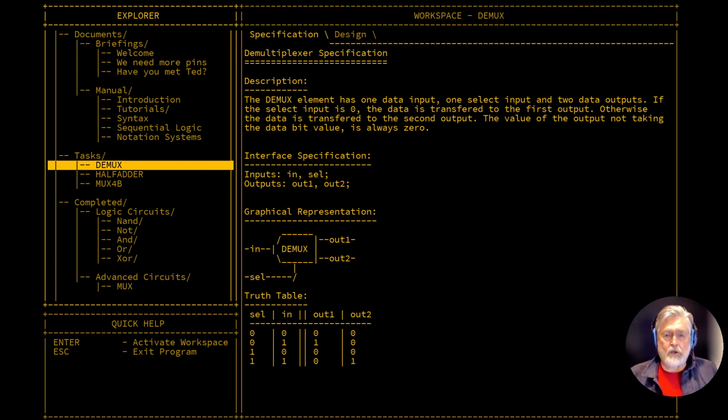So let's take a look at the description. The DEMUX element has one data input and one select input and two data outputs. If the select input is 0, then the data is transferred to the first output. Otherwise, the data is transferred to the second output. So if select is 1, then the second output is the data that we're interested in. If it's 0, then the first output is the data. The value of the output not taking the data bit value is always 0. So out 1 and out 2 are always 0,